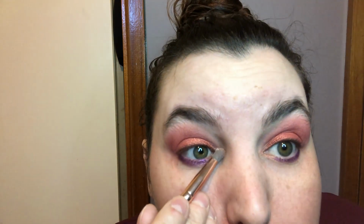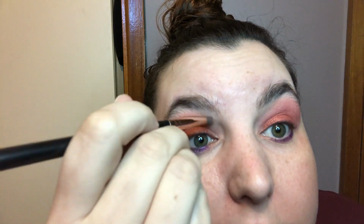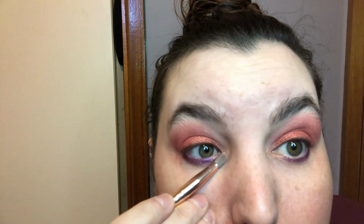I will say this one is very glittery. It's got some big glittery chunks in it, which I don't know if I particularly like, but